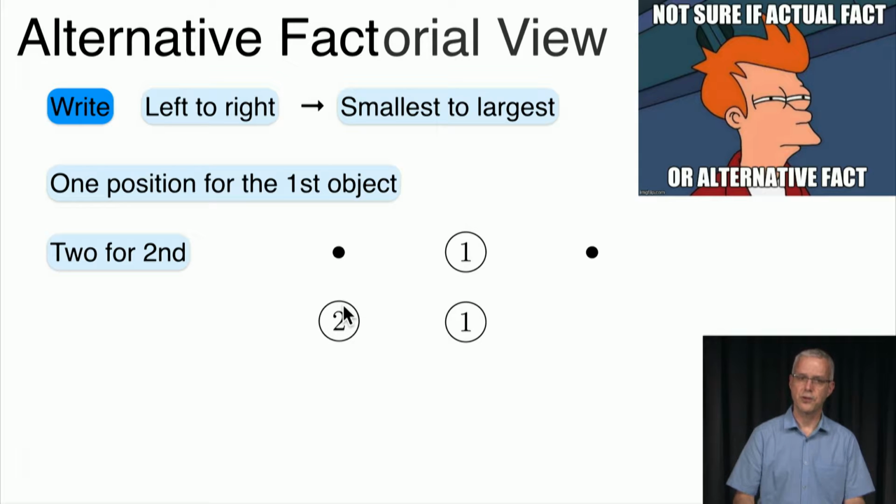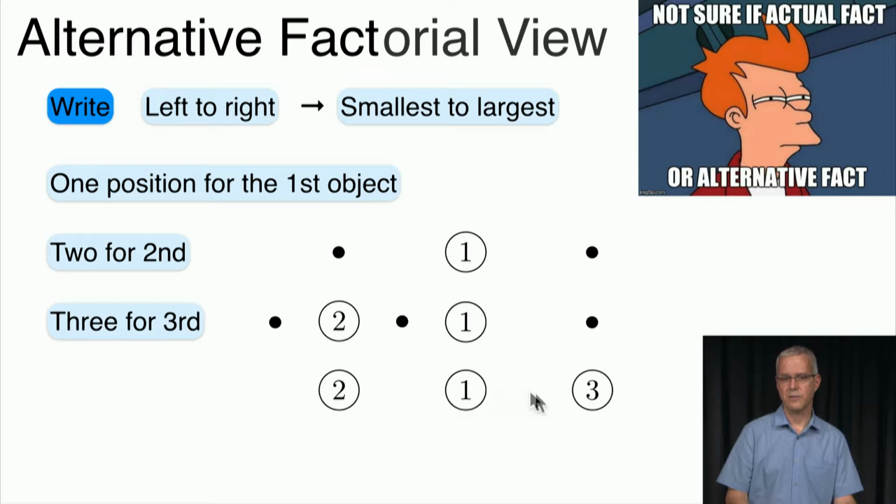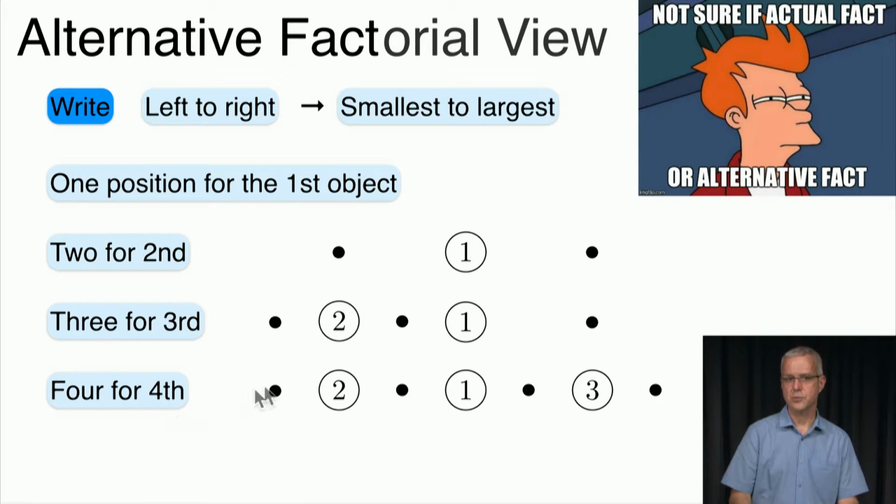Okay, so now for the third object, we have 3 relative locations. We can put it to the left of the second element, between the first 2 elements, or to the right of the first element. So we have 3 locations, and let's say we put it to the right of the first element. So we have these locations. Now for the fourth element, we'll have 4 locations to put it, either here, here, here, or here, and so